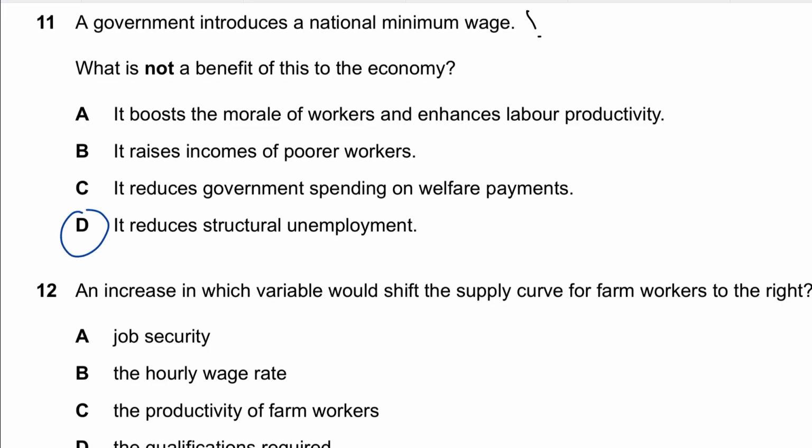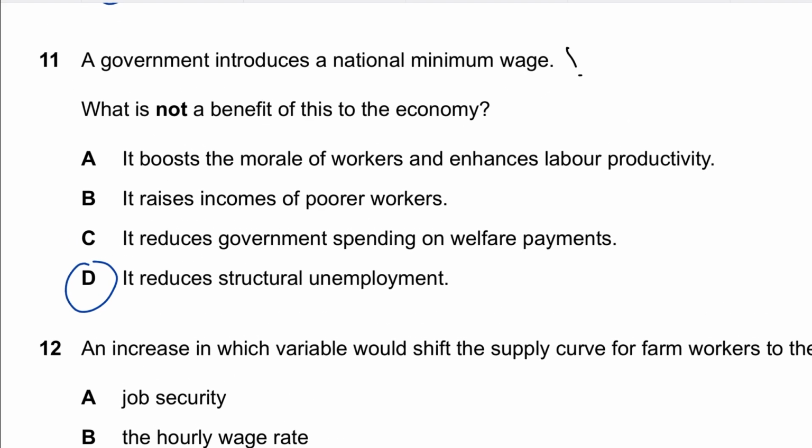occurs when there is a mismatch between workers' skills and the skills the employers or the industry needs. Or maybe the jobs entirely disappear because of technological changes or changes in the structure of the economy due to an industry collapse, or the demand for the industry changes structurally. Now, simply raising the minimum wages would not give workers new skills, or it will not solve the occupational or geographical mismatches that exist in the labor markets. So it's definitely not a benefit, right? It doesn't really reduce structural unemployment. So minimum wages will not solve the structural unemployment issue.